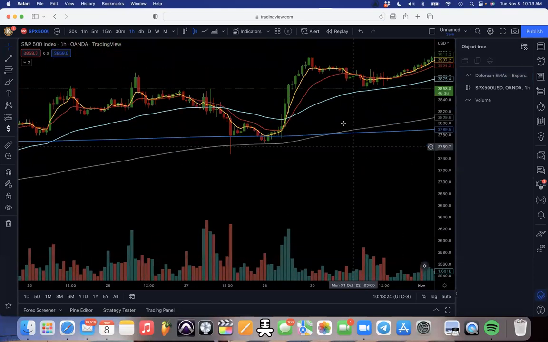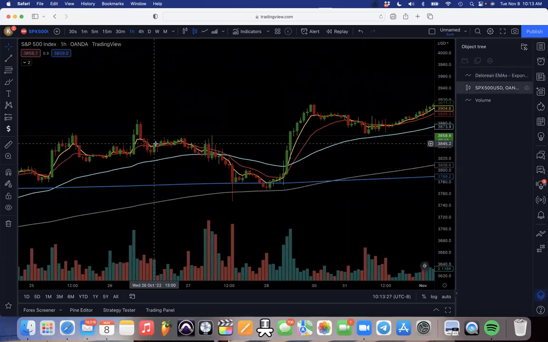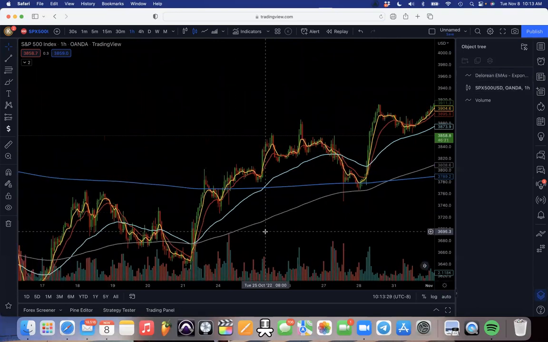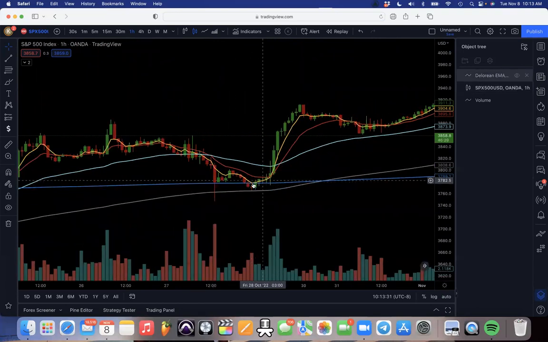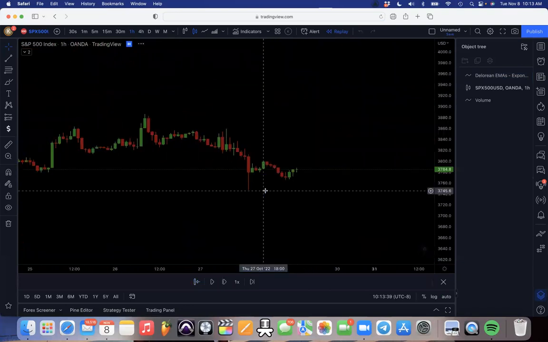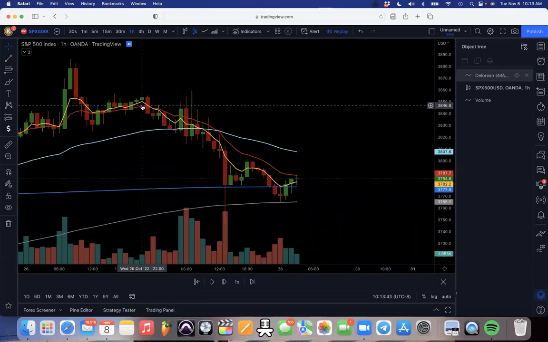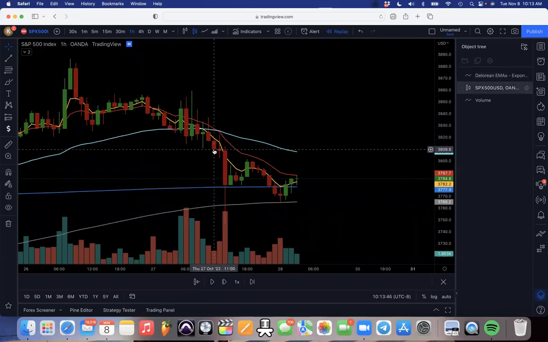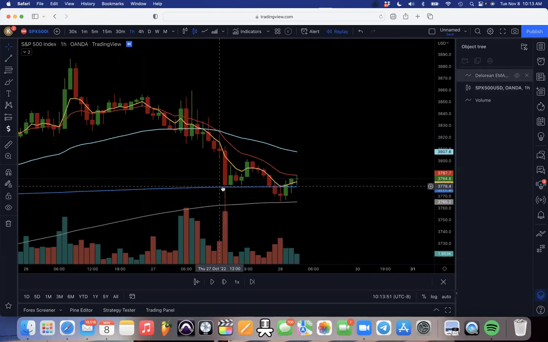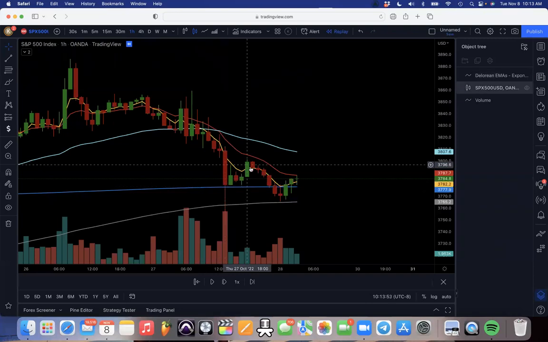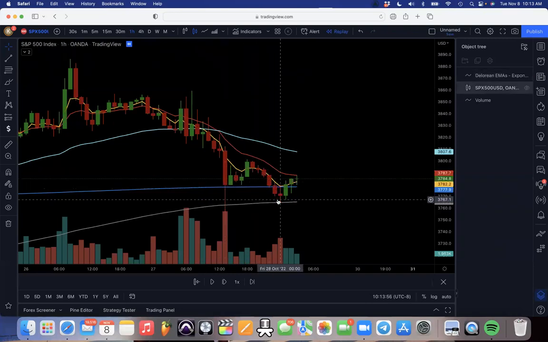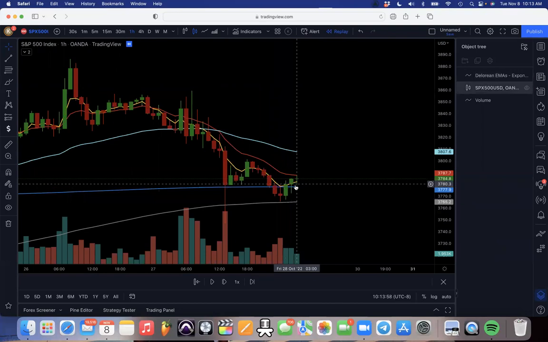And here we go. On this example, let's just do one thing at a time. We got the yellow, which is the 5 crossing the 13. Let me rewind this right here. So let's just paint a picture in our heads of what's happening. Price has closed below the 50, which symbolized a drop. It came down to the 800 and the 200 and rejected both of them, right? Then comes up, rejects the 5, comes back to the 200, rejects again, and now we have a potential yellow